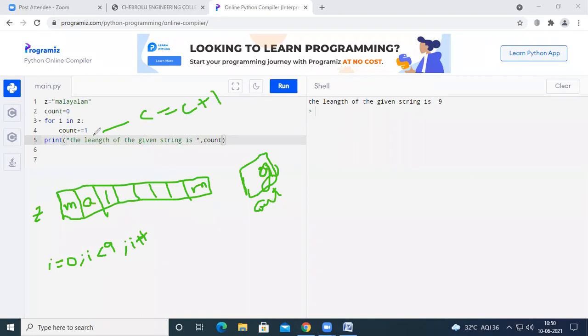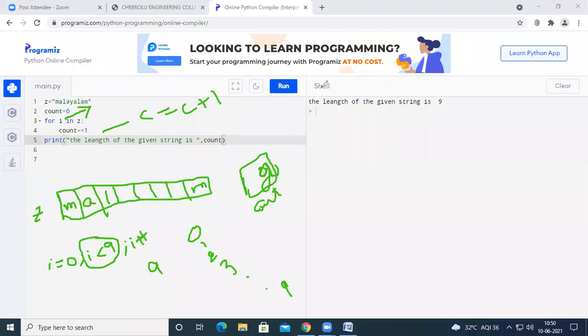So count is incremented each and every time the i value changes. How many times is the i value going to change? 9 times. First it will be 0, and then it will become 1, 2, 3, and so on. When it becomes 9, the condition fails. That's why the count is not incremented that time.